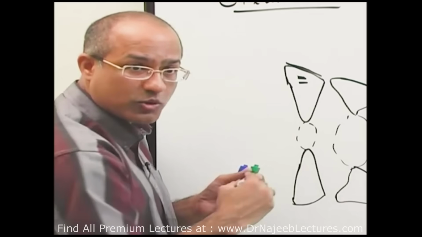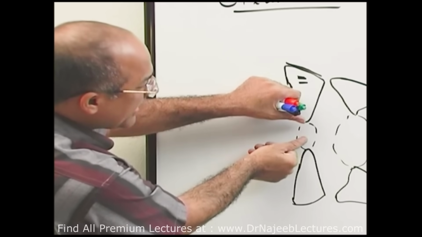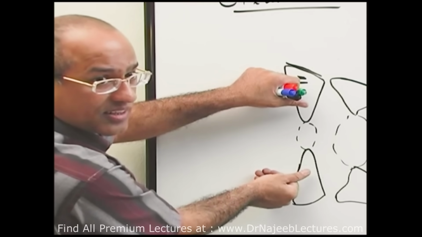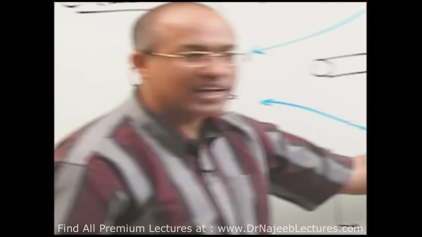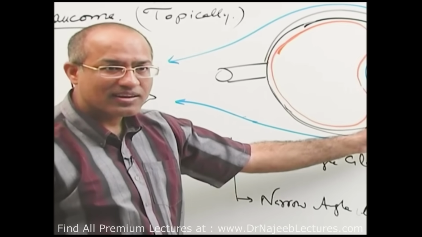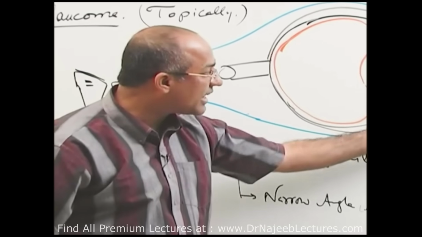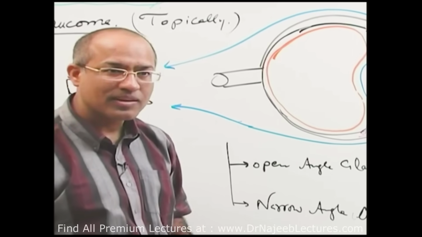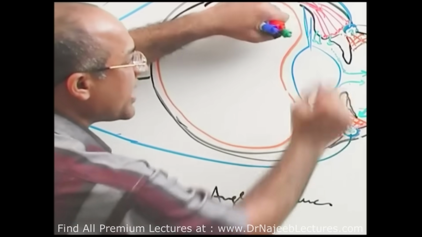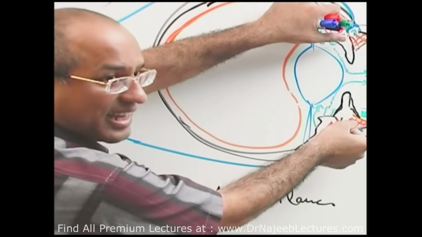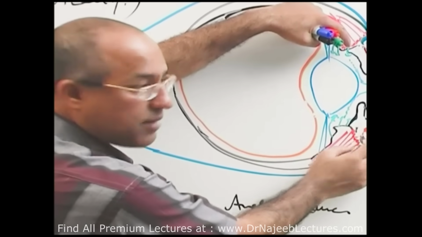Are you understanding it? So what really happens is that when there is pupillodilation, the iris moves to the periphery and the root of the iris, or base of the iris, becomes accumulated at what point? Near the corneoscleral junction. And this angle will become wide or narrow? It will become narrow. So if someone already has a relatively narrow angle and there is pupillodilation, then the root of the iris will accumulate at the angle and make the angle narrow.